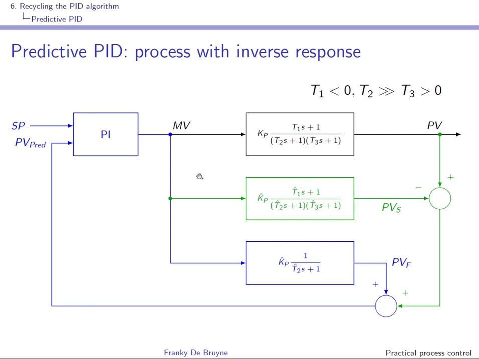Note that if the model is an exact representation of the actual system, the model error will be zero, and the controller will not even see an inverse response, as the PI controller will only see a first order dynamics. Note also that for the tuning of the PI controller, we can do as if the process is a first order system, because the predictive PID controller has removed the slowness, in this case the lead system with negative lead time constant, out of the